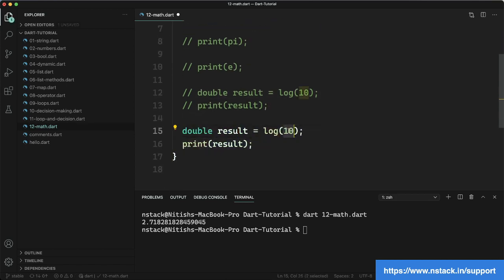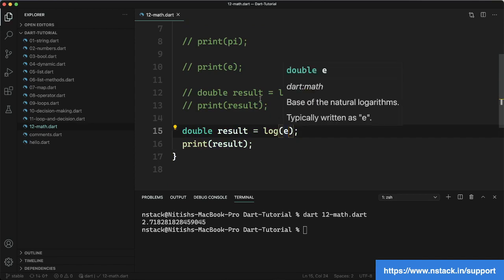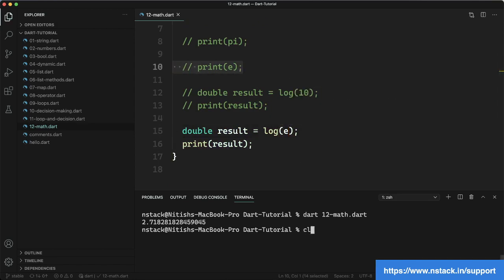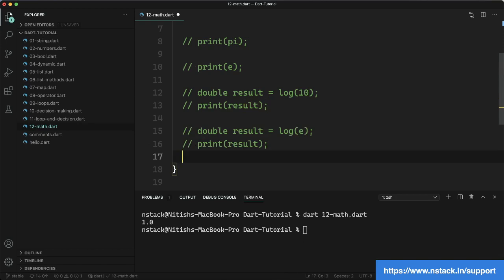Let's make this e. And what is this e? It is the mathematical e. There is no variable e. If I do this, we are going to get 1. You are already aware that if we try to find the log of e, it is going to be 1. And there are some more things which can be done,